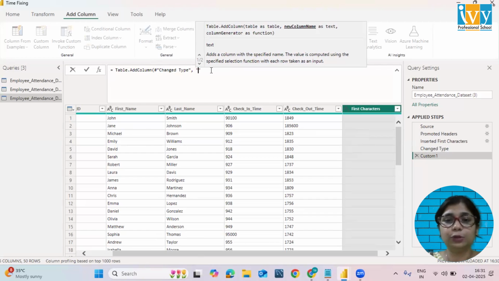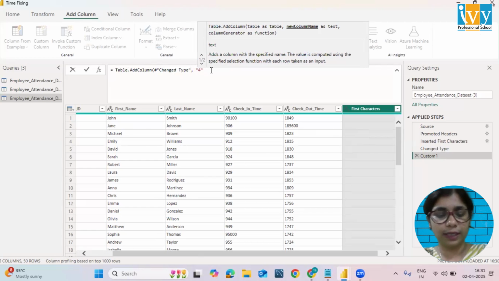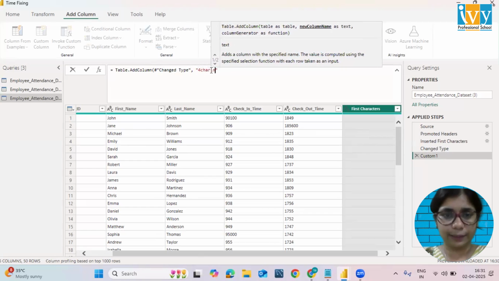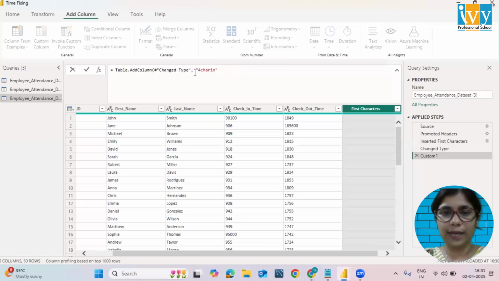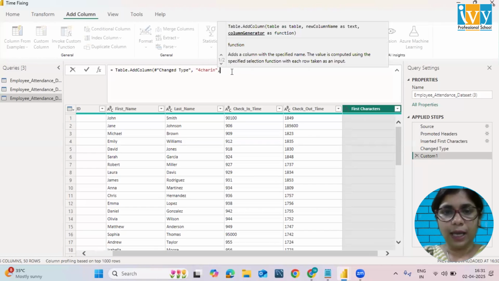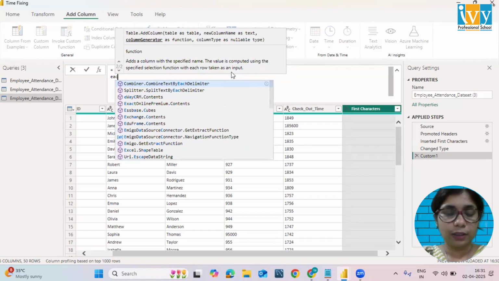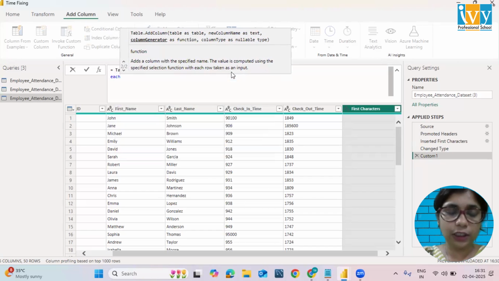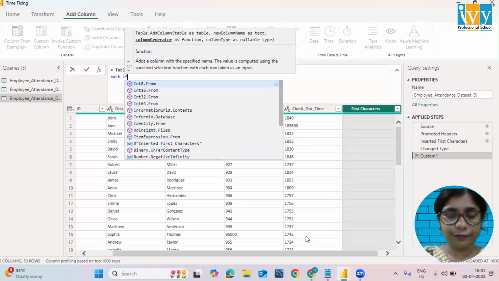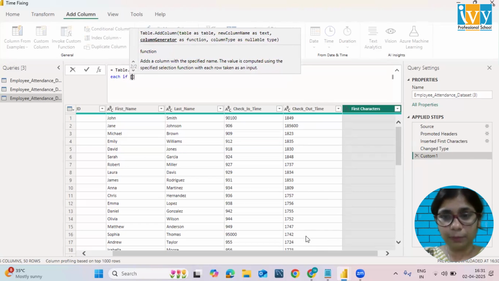Now I will need to give a column name. What will be the column name of my new column? Here I will just write a simple name, 4 char in. And now I will write my conditional statement. First we'll start with each. Each means each row of my column. So each, if, then my column name, which is first characters,